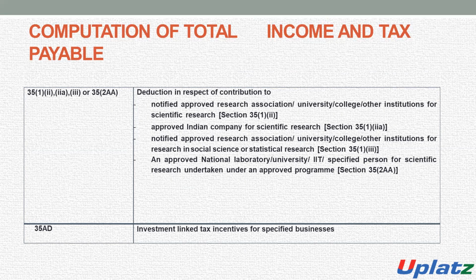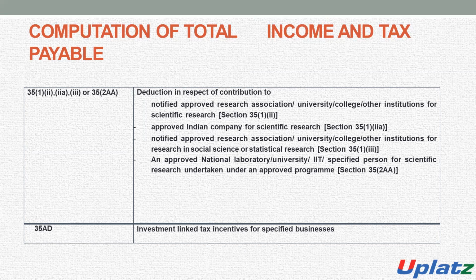But when the assessee opts for payment of tax at the concessional rate of income tax, then these deductions are not available. Means the contribution made by the assessee to a notified approved research association, university, college, or other institution for scientific research, or any contribution made by the assessee to an approved Indian company for scientific research, or any contribution made by the assessee to the notified